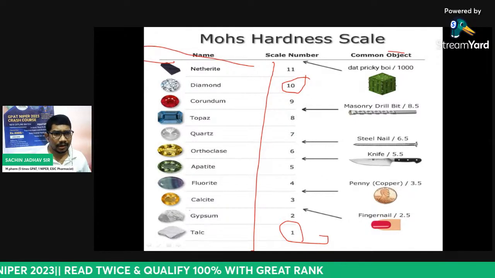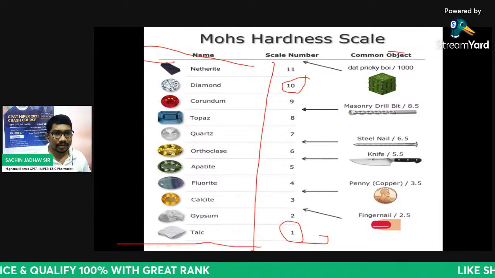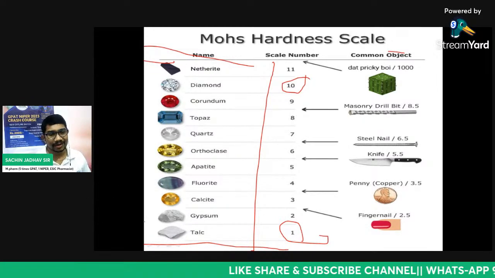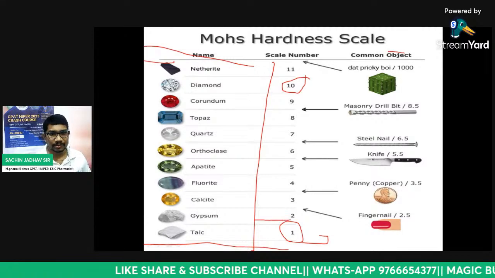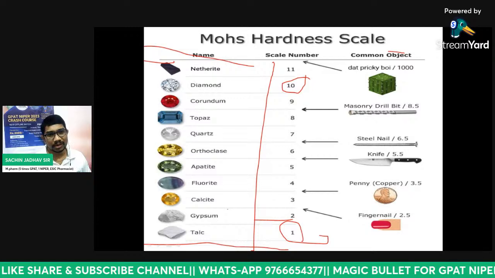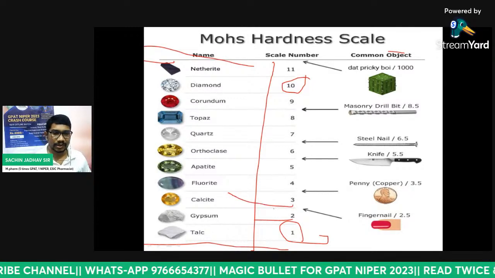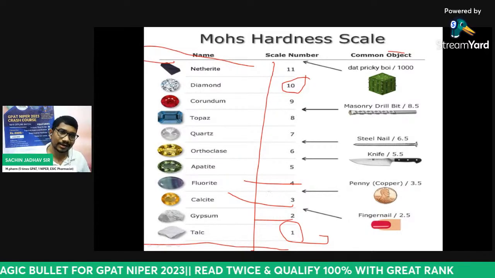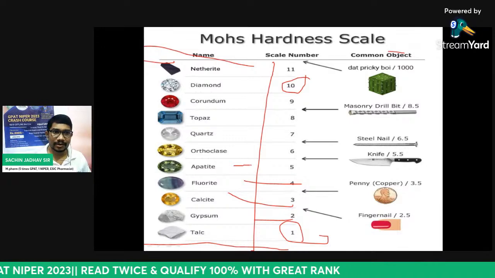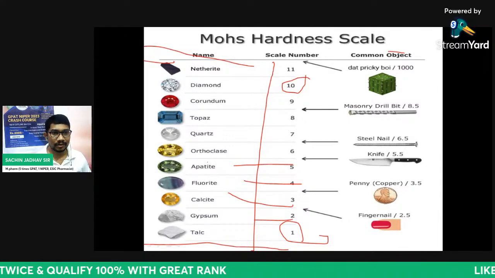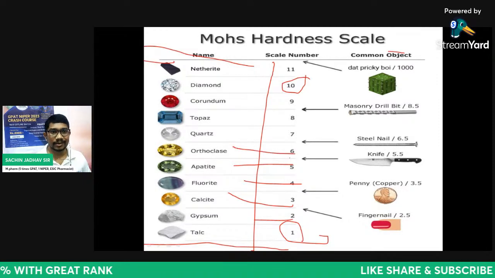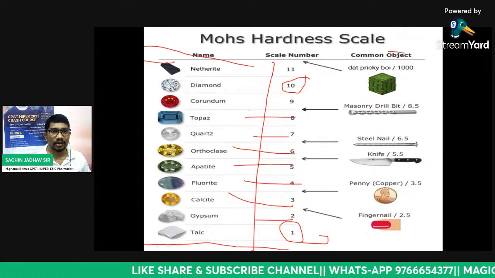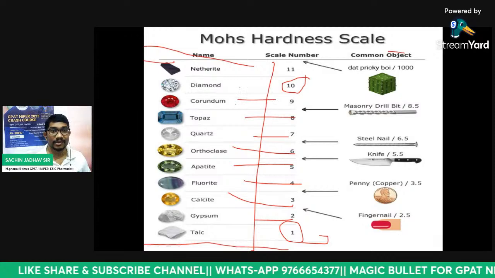So on the Mohs scale, talc has been given number one. That means it is a soft material. तो Mohs scale के ऊपर talc का नंबर आता है एक, मतलब हार्डनेस नंबर talc का एक आता है, तो वो सॉफ्ट मटेरियल है. जिप्सम का 2 आता है तो वो उससे थोड़ा सा हार्ड है. कैल्साइट का आता है 3, so it is harder than gypsum. Fluorite will have 4 hardness number, so it is harder than calcite. Apatite is harder than fluorite. Okay, orthoclase is harder than apatite. So quartz has hardness number 7, topaz 8, okay, corundum 9, and diamond has hardness number 10.